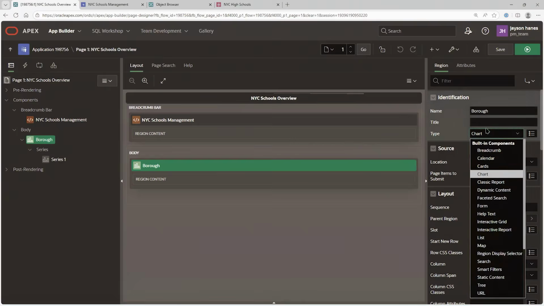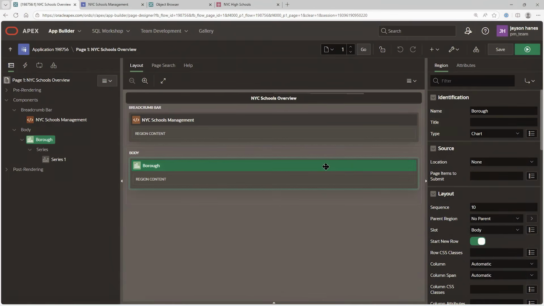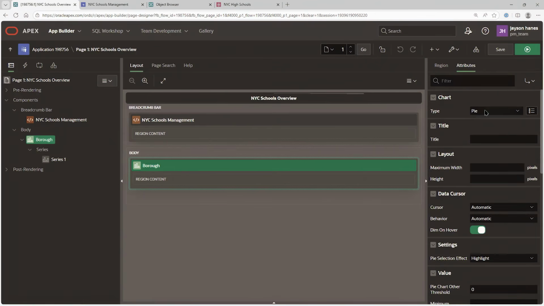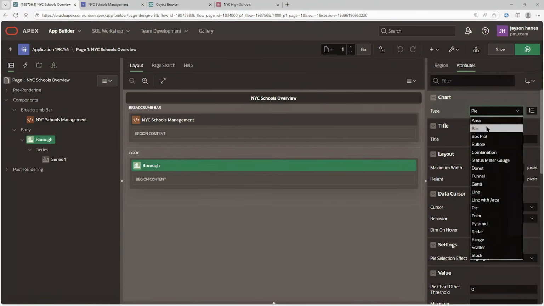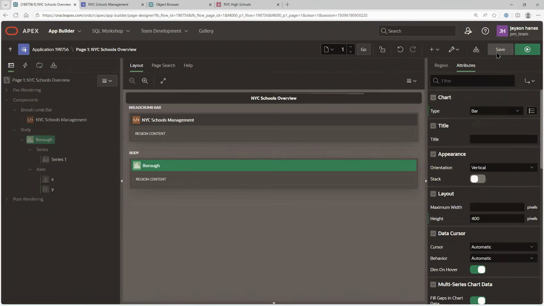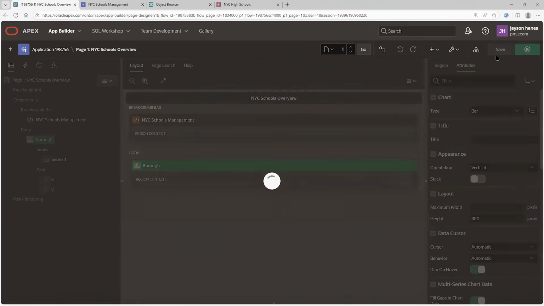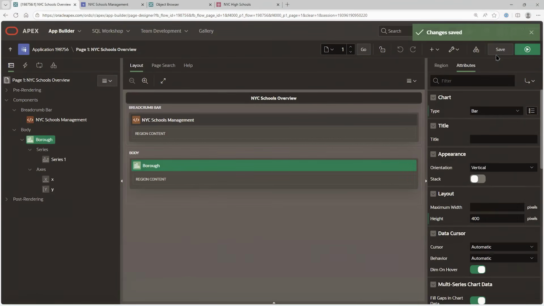And I'm going to go back to see that, all right, I'm selecting my chart. That's this green highlighted item here. And I want to change it from a pie chart, where it's defined here, to be a bar chart. I've just made that change and I hit save. So now I've saved that declarative configuration, which we call metadata, back in that Oracle Apex, or that Oracle database instance. Now, if I go back to my tab where the app is running,